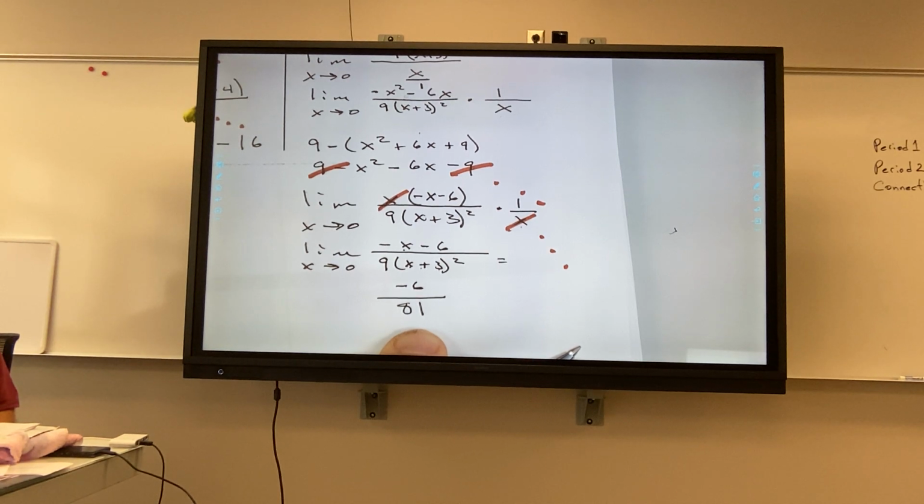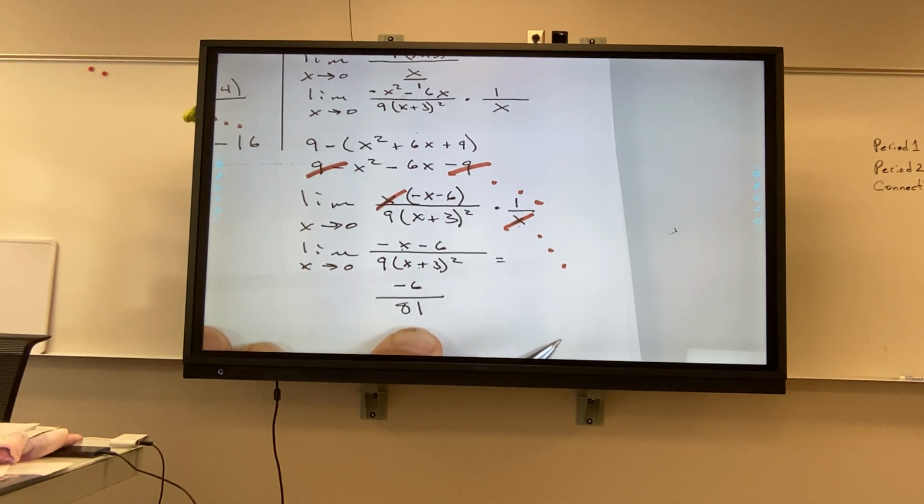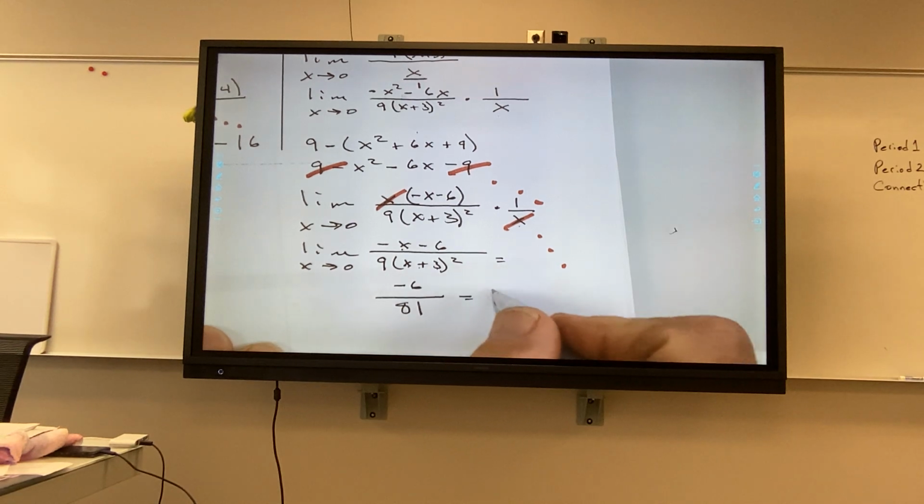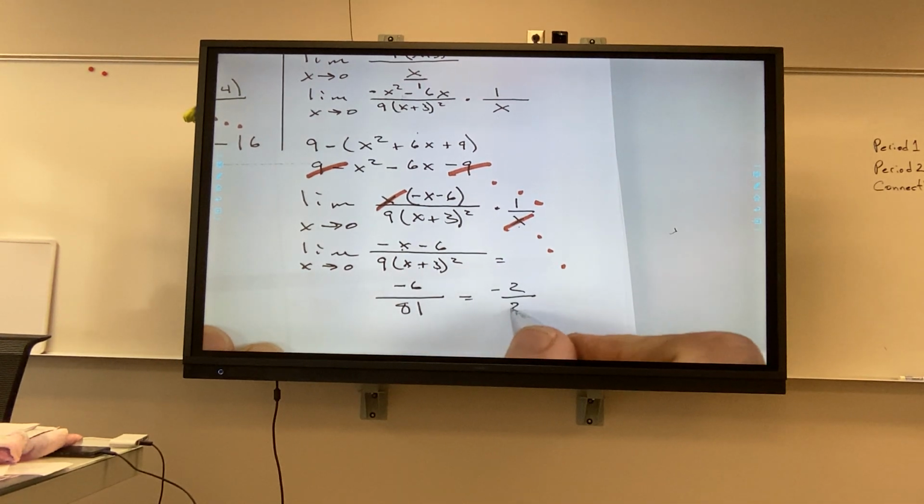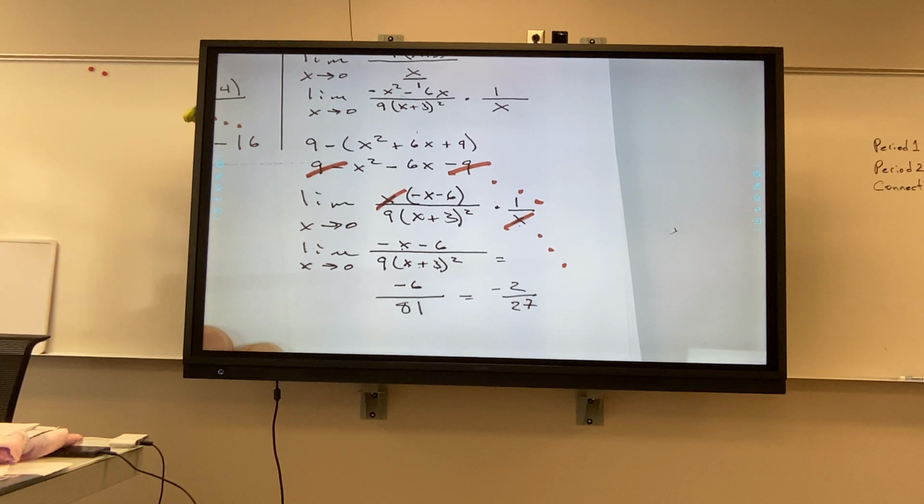It would not be wrong, but simplification matters, because if they take points off, it's because you didn't know how to simplify. Because you just proved, hey, I know how to take a limit. But this is just me, I would accept either one of those. If it was a calculator problem, and you gave it to me correctly in 3 decimal points, it would be correct. I would grumble because you didn't put it in a fraction, because that means I'd have to bring out my calc